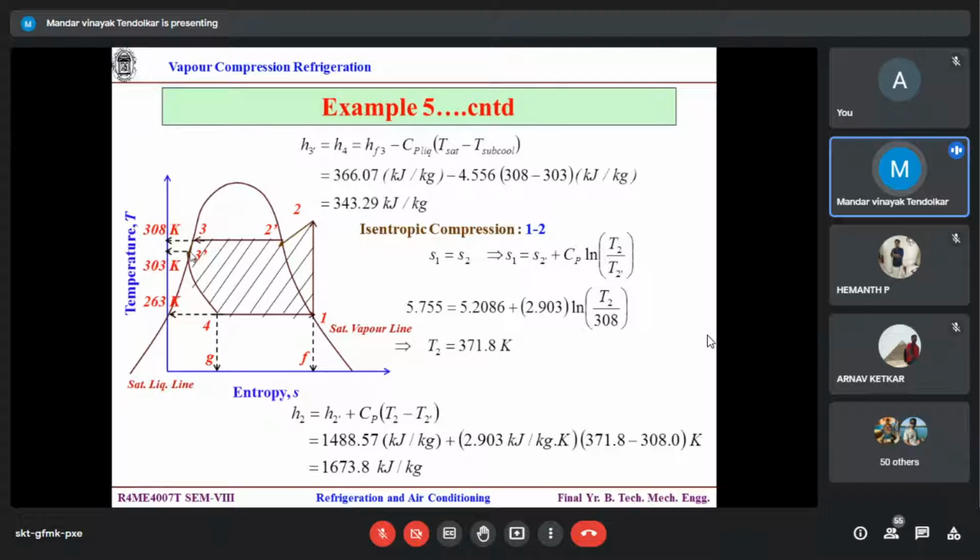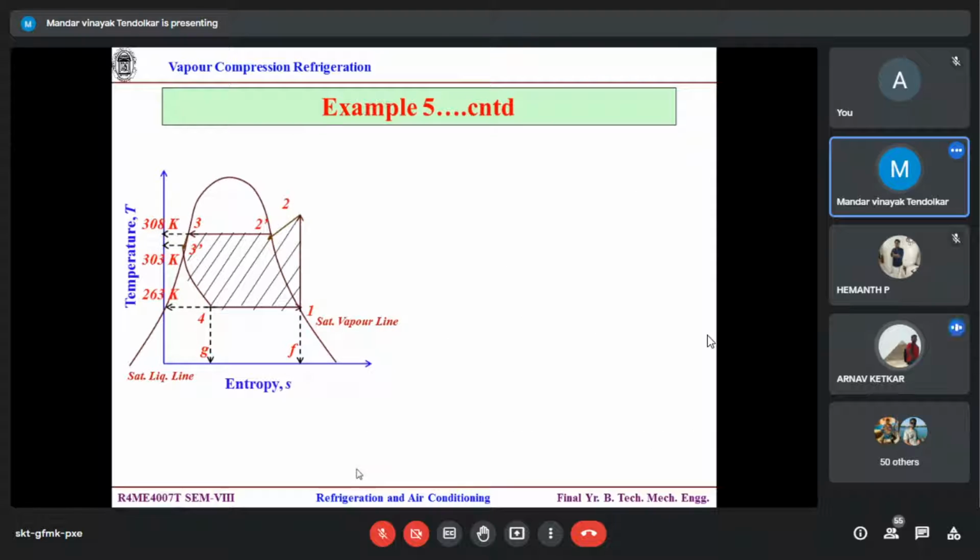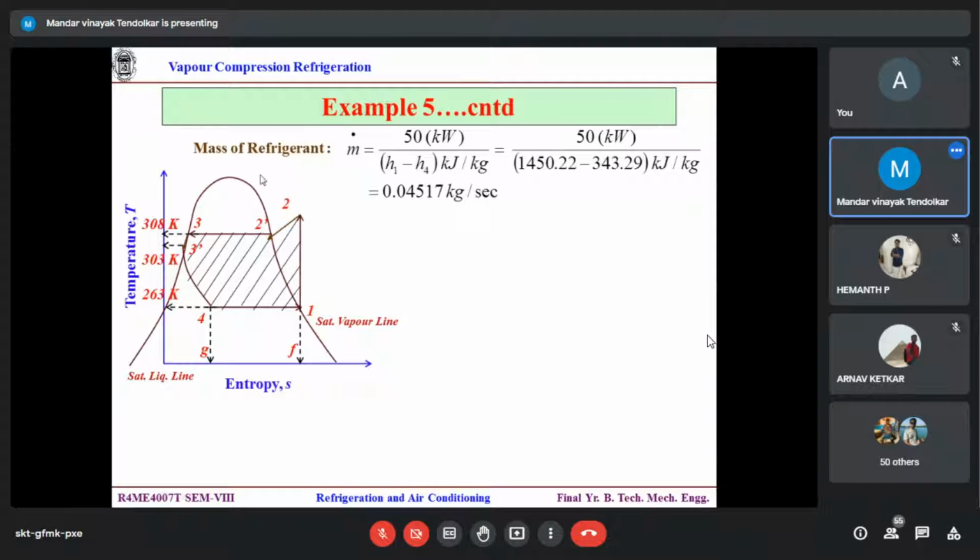Is the calculation correct? Yes, sir. H2. Fine. Now, mass of the refrigerant. You know 50 kilowatt capacity, correct? All the enthalpy values known. Correct? H1, H4, everything calculated. Yes. You can calculate the mass flow rate. Is this correct? Yes. Fine. Now,